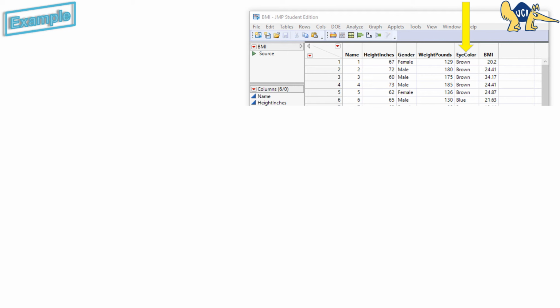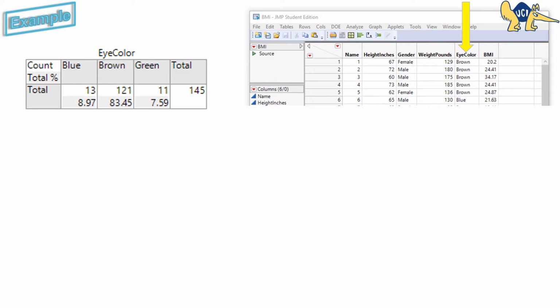Back to our survey of UCI students, we examined the categorical variable eye color. The summary statistics displayed here represent the counts and proportions of each outcome in the sample. There were 13 students with blue eyes, 121 with brown eyes, and 11 students with green eyes, for a total of 145 students. These counts correspond to proportions of, respectively, about 9%,